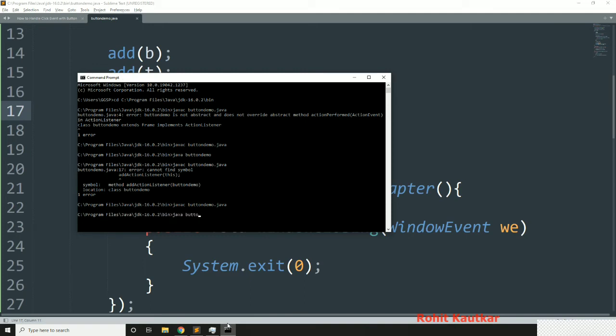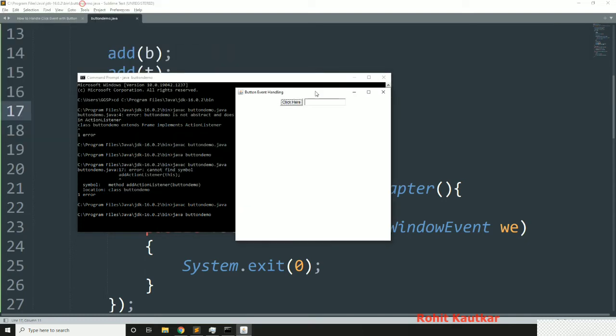I will write java ButtonDemo, and now if I click on this button, you can see in the text field we are getting this message, "button is press". This is how we will handle an event with a button, by implementing the ActionListener interface.